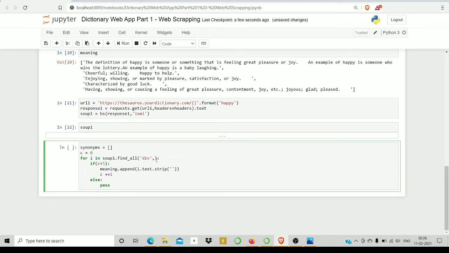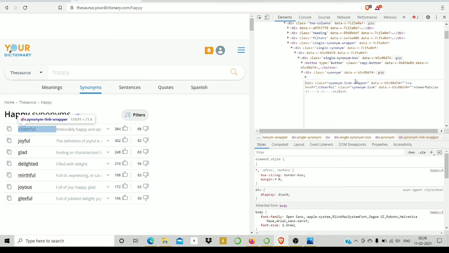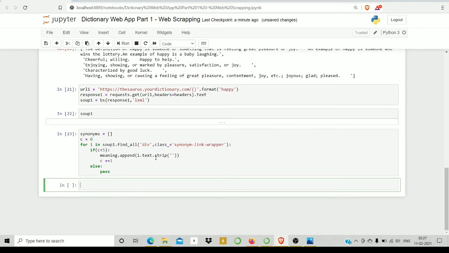So yeah, now I'll go and, sorry, edit as HTML, and I will copy it, paste it, and here I will write class. Okay, so everything looks fine. So let me run this, and if I just go to synonyms,